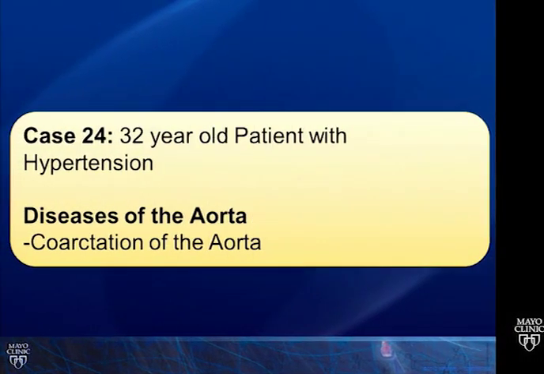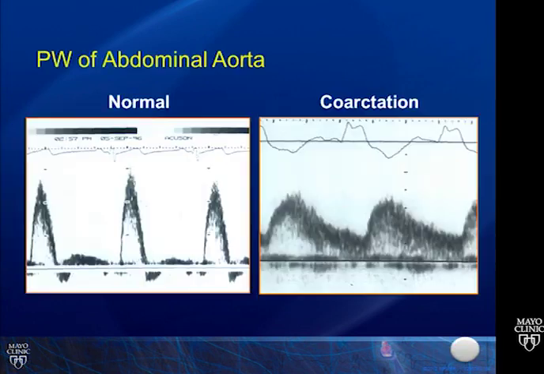All right, let's take a peek and see what this was. So this is a patient with coarctation of the aorta. So under the diseases of the aorta tab, it's coarctation. And again, a very important diagnosis not to miss in our patients because it has significant implications for their longevity to pick these up. And the reason I said you either know it or you don't know it, we routinely